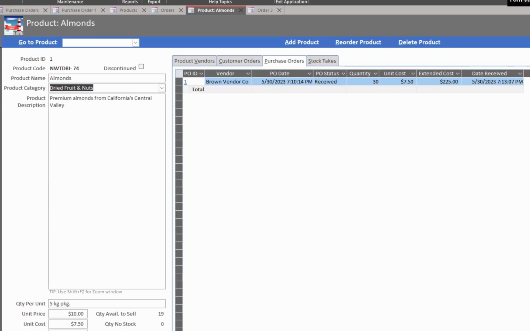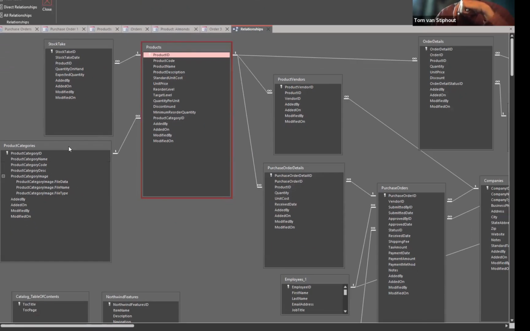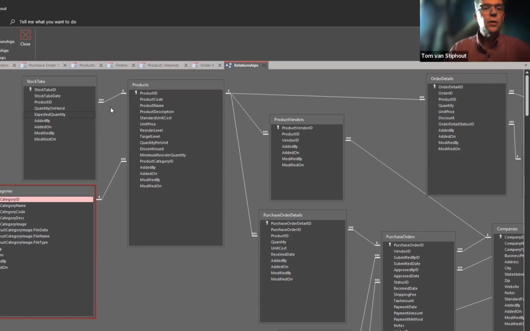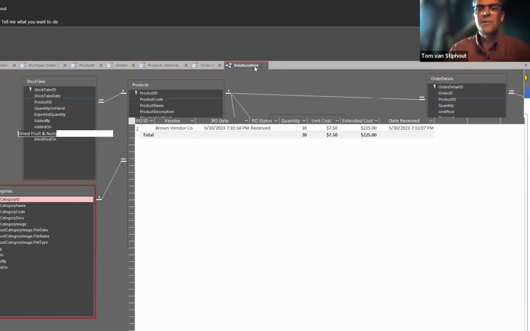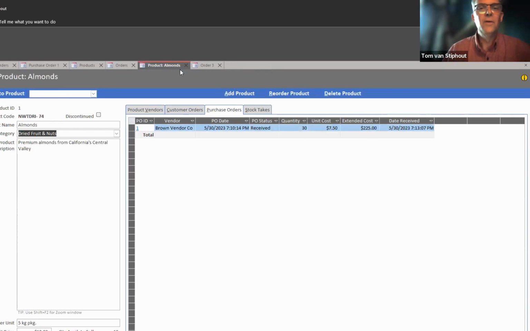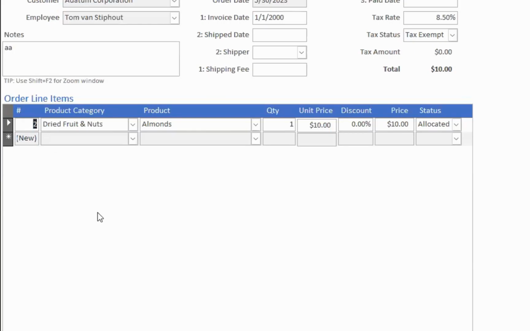If you look at the database design, products, product categories, right? One-to-many relationship. So the cascading combo box is really the way to go here when you are in an order